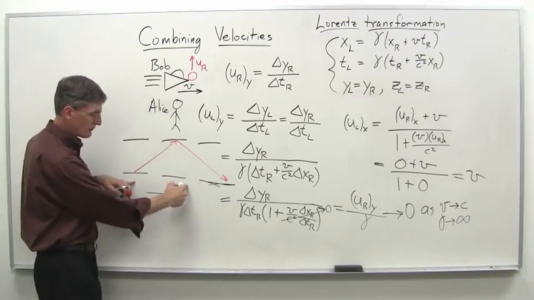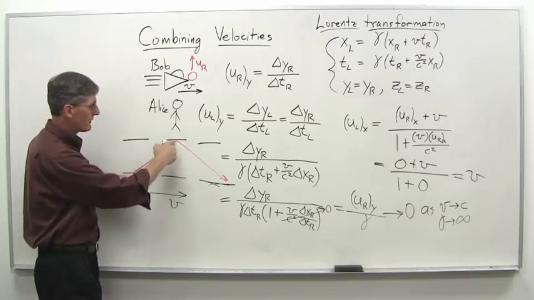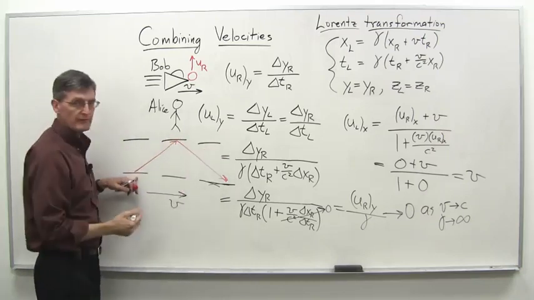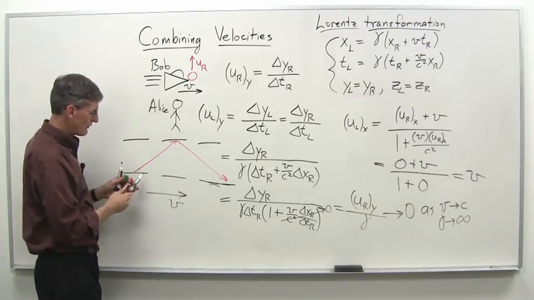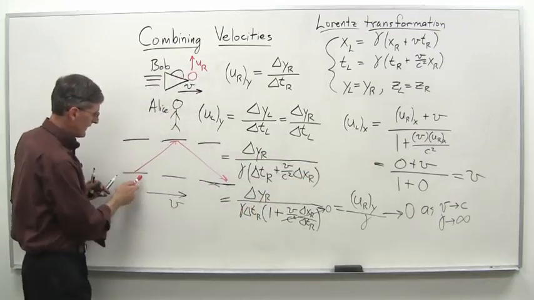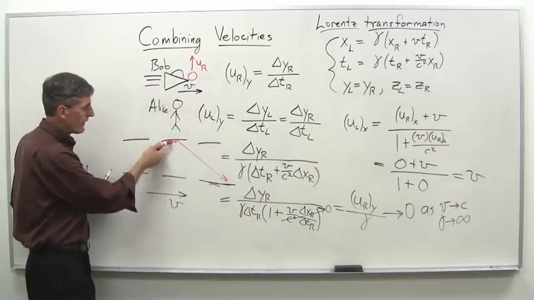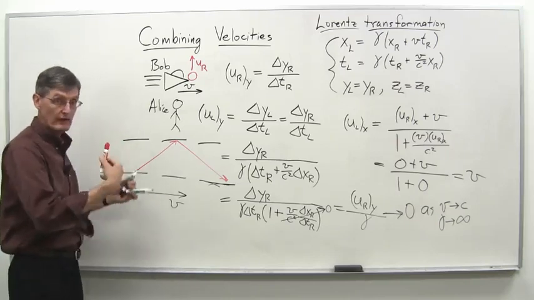Because if this gets close to c, then this light beam has to travel too far to the upward mirror, and by the time it essentially gets there, the mirror would be farther away. And as it gets very, very close to c, this triangle gets very, very elongated, and in fact this light beam never gets up to that top mirror, and it's frozen. The light clock, as Alice would observe it,